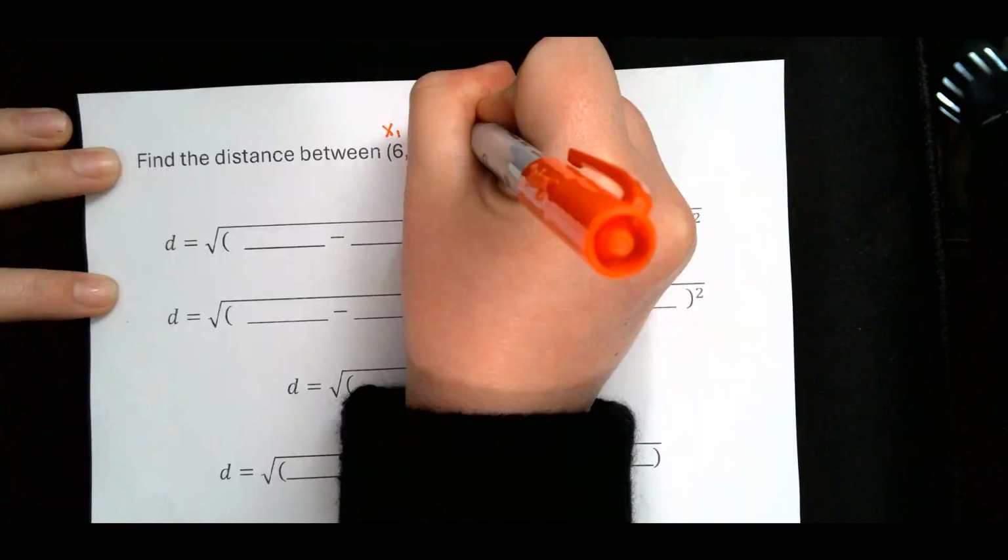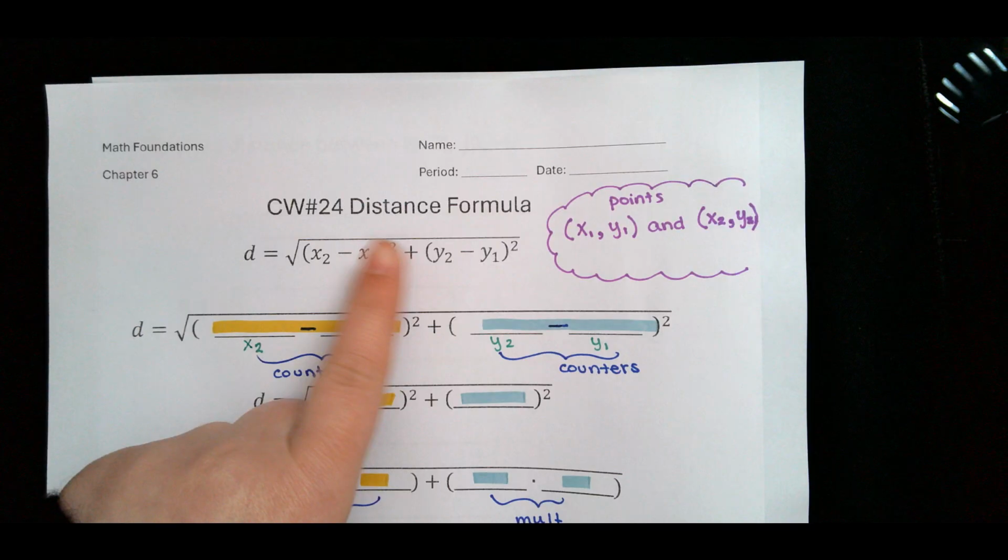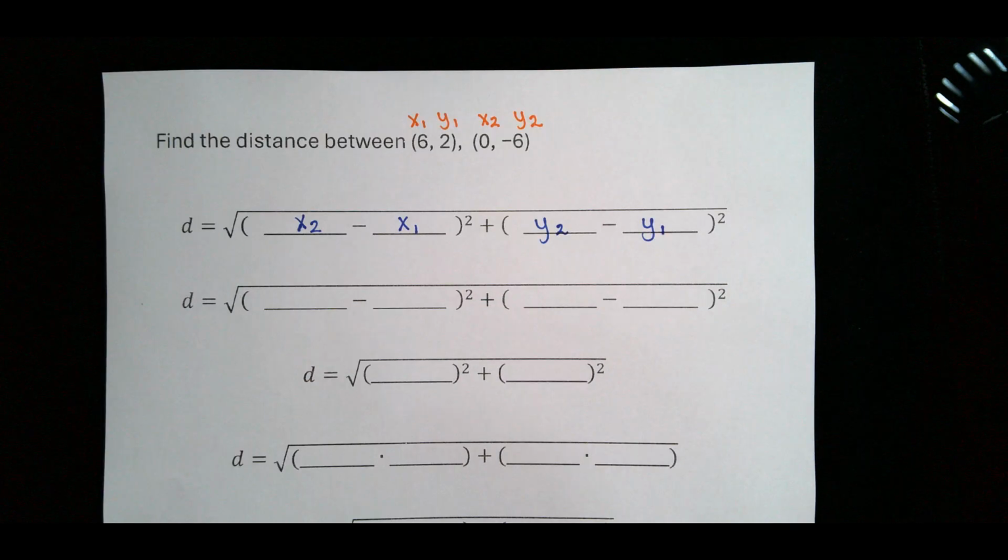Next one is asking us to find the distance between the two points. y2. Now this one I did not give you the formula. So let's go ahead and take a look back at example 1 or you can look at the beginning. I'm going to look at the first page and copy down our formula, which is x2 minus x1, y